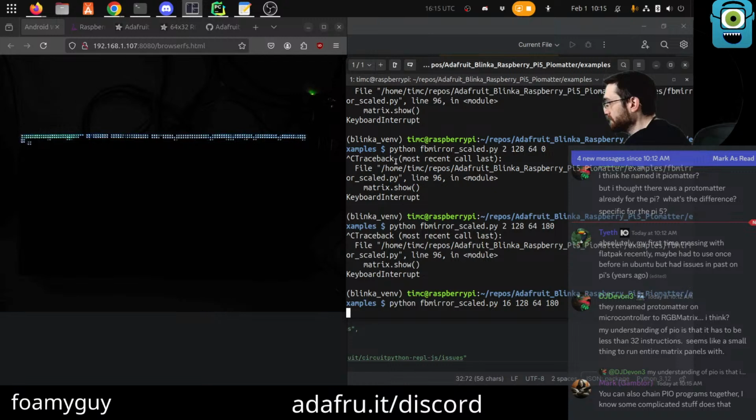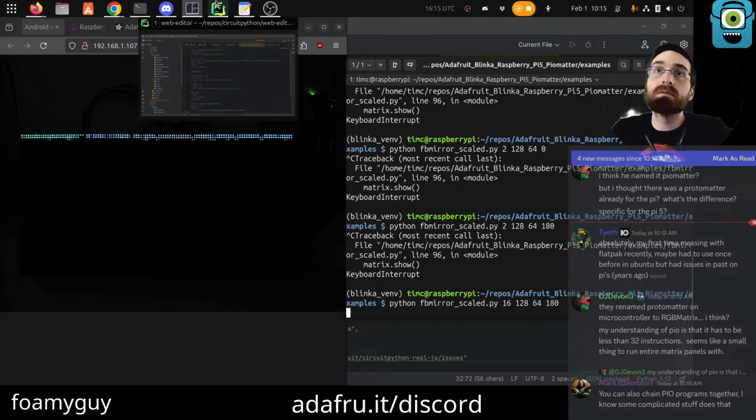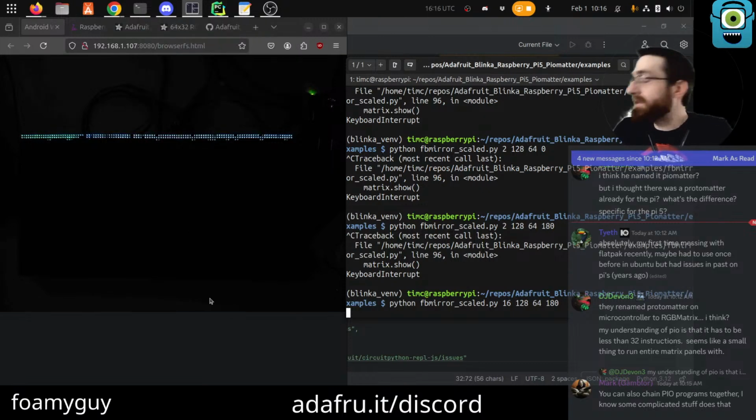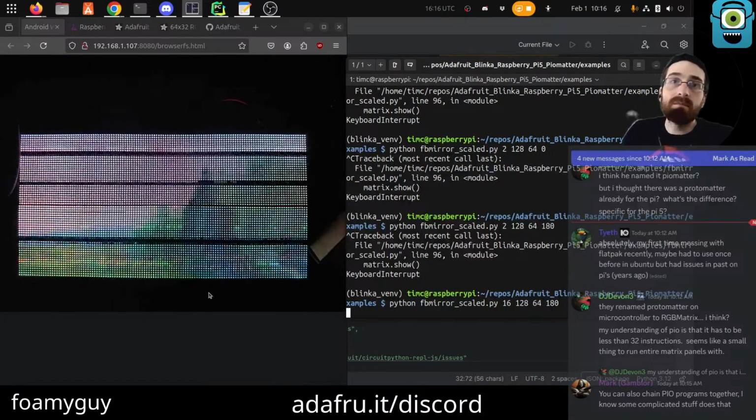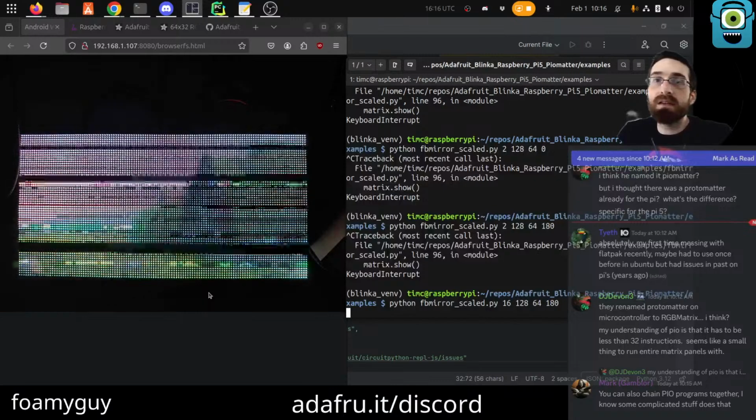Better one? Let me... The one thing is, sorry, you can't see what I'm typing very well. Here, I mean, we'll just run this one, and then I'll explain why the other one is better. Oh, okay, wow, actually the camera hates this.